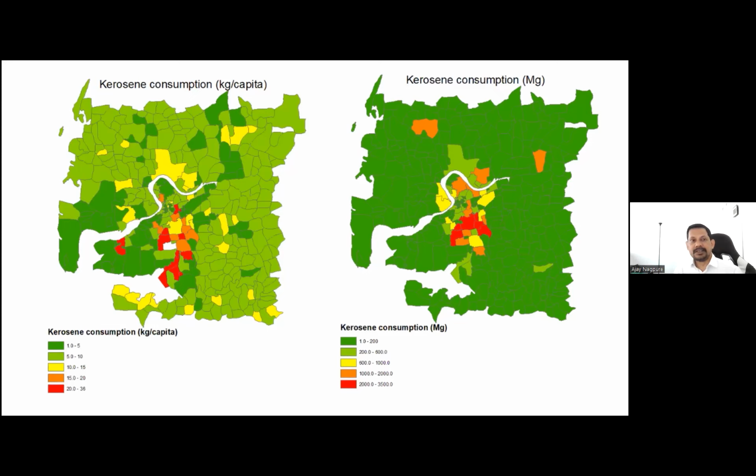Another important thing is how you can validate these data. For example, you have ward-level consumption; you may aggregate those data for a city, then go to your municipal corporation, municipality, or city administration and ask how much LPG or other fuels you are consuming. At least they have records for LPG and kerosene, and then you can compare the aggregated consumption with the total consumption by the city.